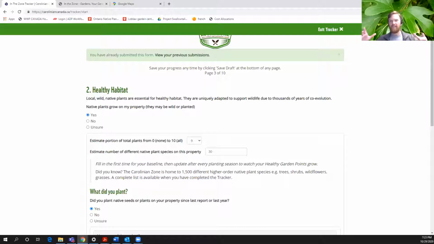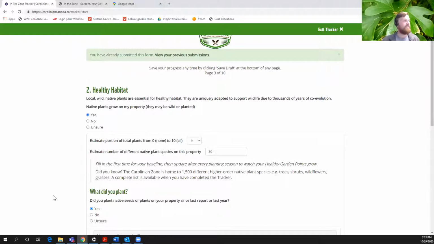When you do that mental calculation, you're basically going to be squishing all the native plants from the backyard into the front yard, and all the non-native plants from the front yard into the backyard, or however you want to do it in your brain, so you figure it out. So if you're like 80-20, then that's probably going to end up being like a 5 out of 10 total, something like that. That is how I would answer that.